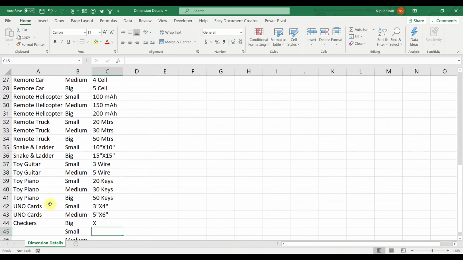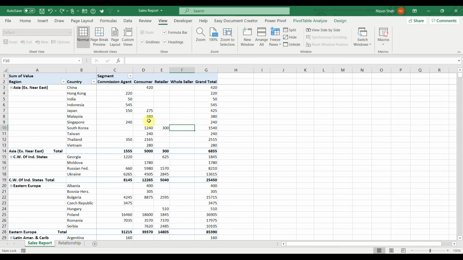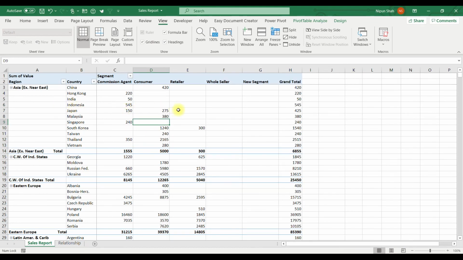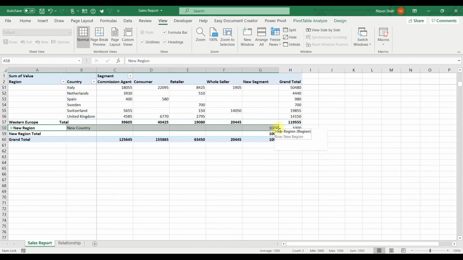Size is X, Y, and Z. Here all my required entries have been done. Just make sure that you save all the files before updating the Power Query. Now go back to the sales report file and just refresh the pivot table. My pivot table has been refreshed, new segment has been added, and new region has also been added.